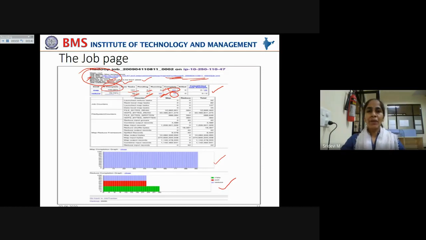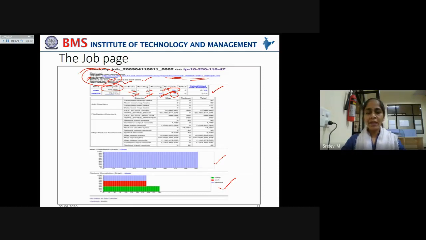What is the copy phase? When the map output is being copied onto the reduce task tracker, that is called the copy phase. And when this map output given as input to the reduce task is being sorted and merged, that is called the sort phase.